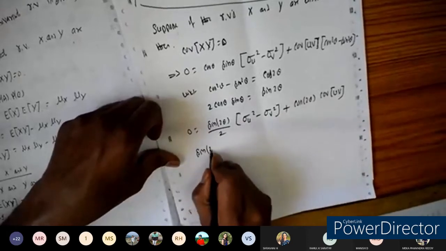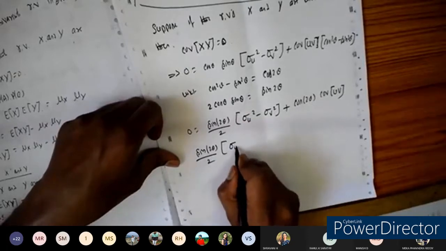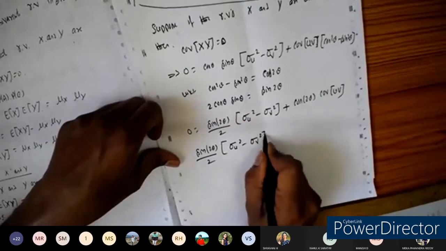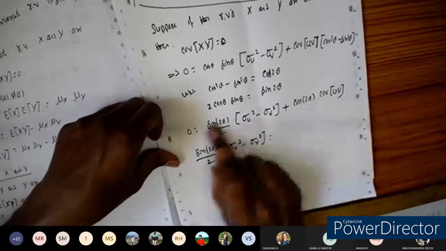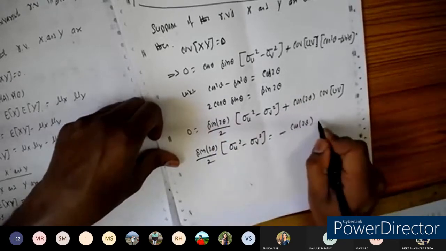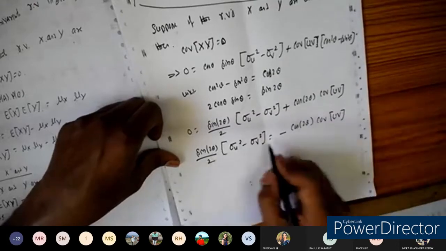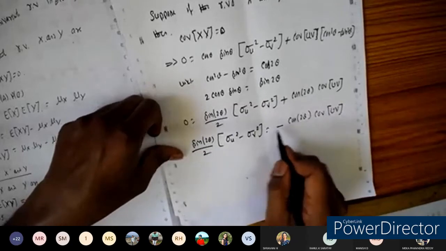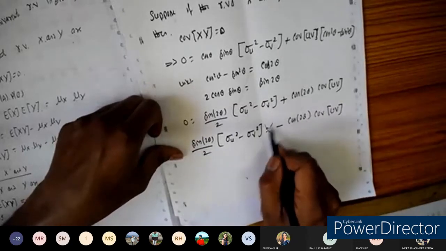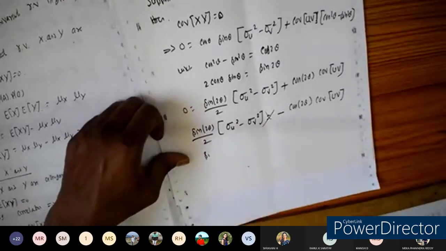So sin 2 theta divided by 2 into sigma u square minus sigma v square is equal to, so I'm sending it here, minus cos 2 theta into covariance of u and v. So let us cross multiply here. I need to express it in terms of tan theta. So if you cross multiply, what will happen is,